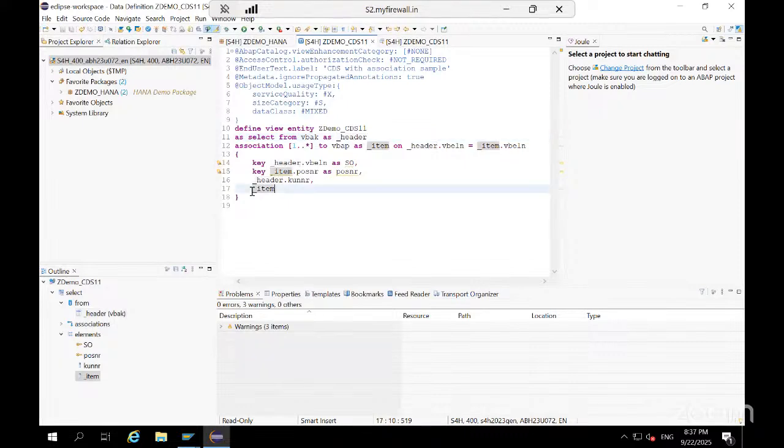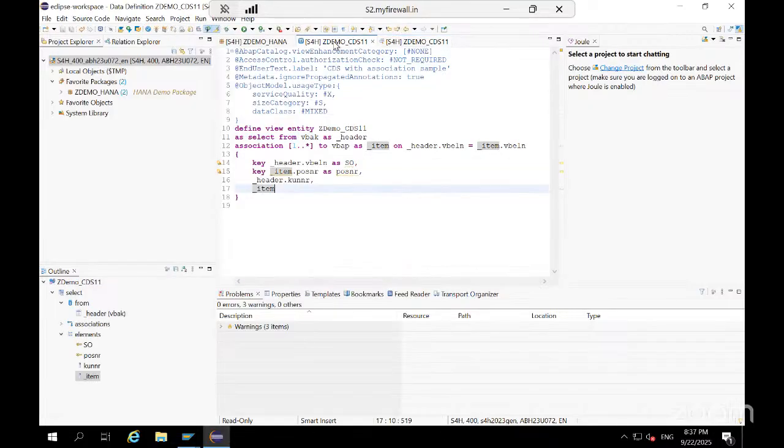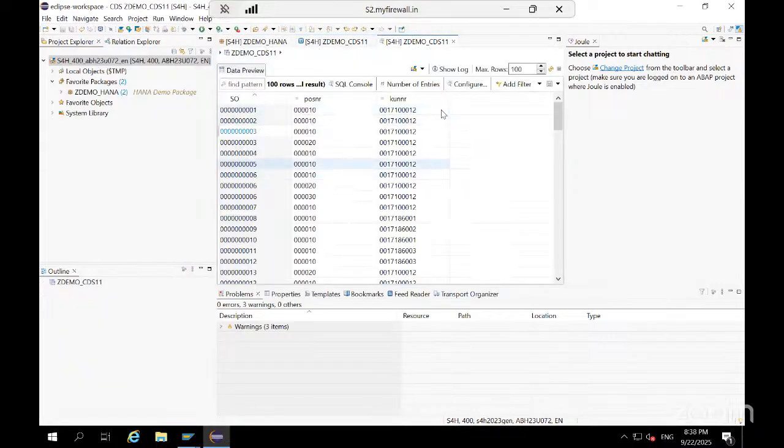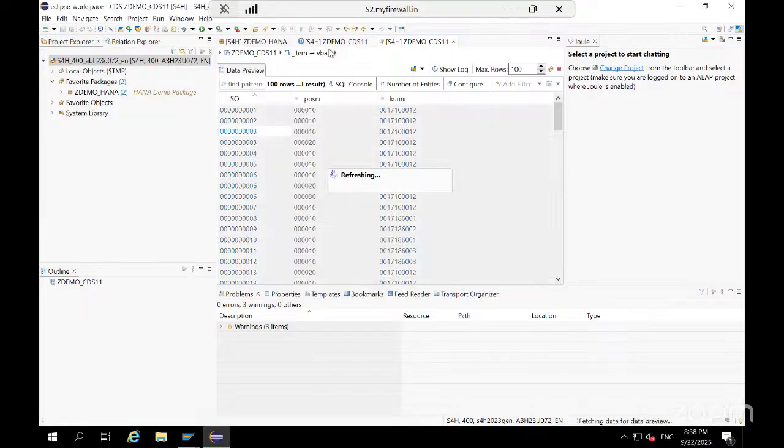Here, we have exposed this item, underscore item. If I right click on this and try to follow association, right now, whatever fields we have put over here, that is SO, POSNR and KUNNR, those three fields or columns you are able to see, right? But if I right click, we have the option of follow association. Here, it will show this item, underscore item. So that means whatever cardinality 1 to star we have written, that has been established with the item. Once you double click on that,